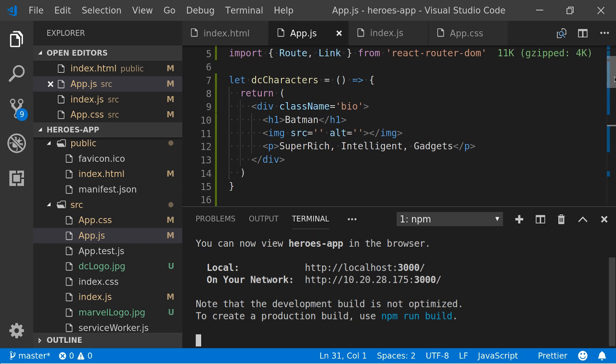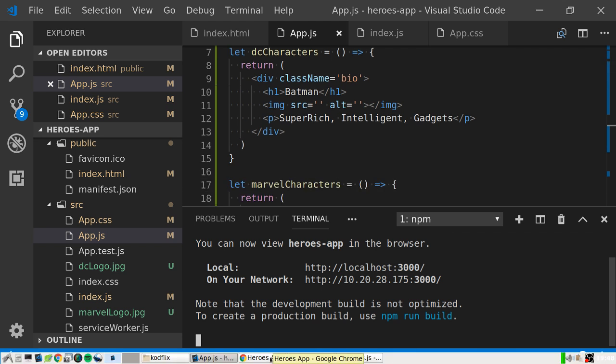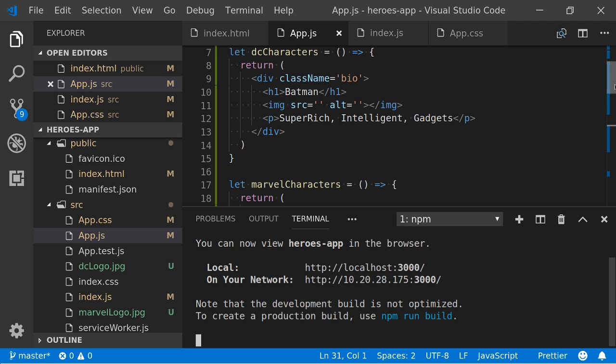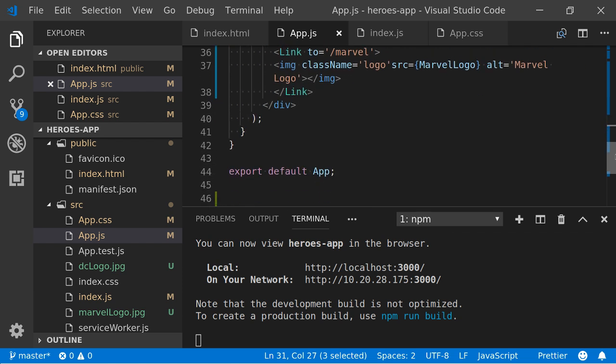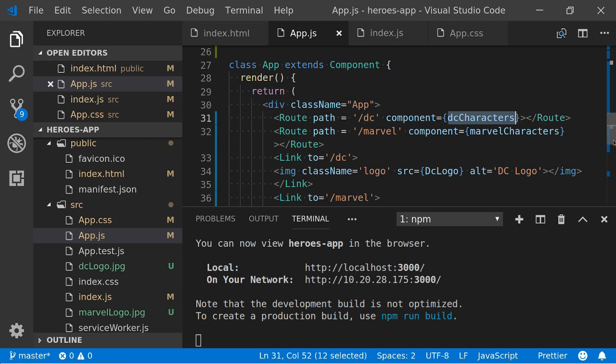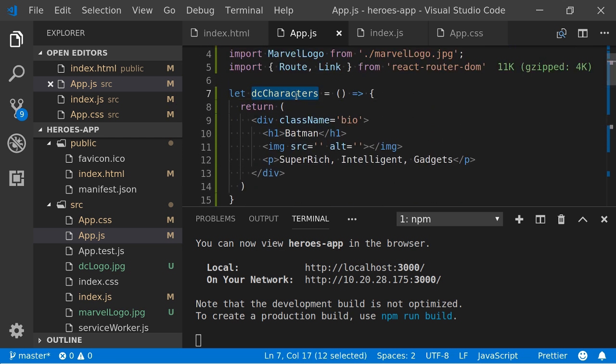So, my server was just being a bit weird then, I don't know why, but let's look at the patterns that we've used. So, we've created our route. So we know that when the URL changes to have that /DC in it, it should render the DC characters component. And that we've defined up here as a JavaScript variable.